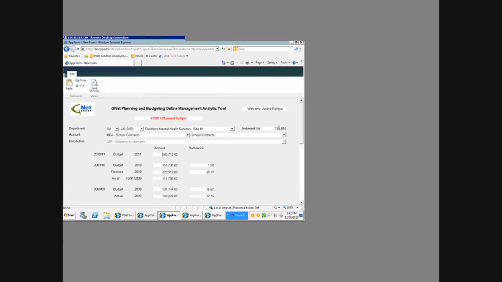You can see that endowment use is now carried over, so it's not as though I have to wait for a bunch of systems to work through themselves to get the new endowment use after somebody was working with capital items. I get the most recent up-to-date values. I can interact with my full chart of accounts here. I can select